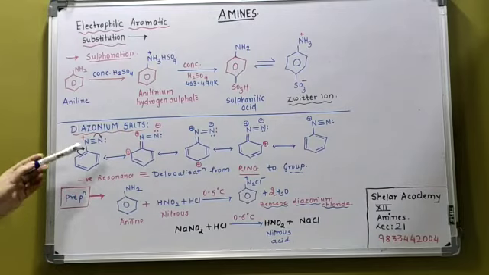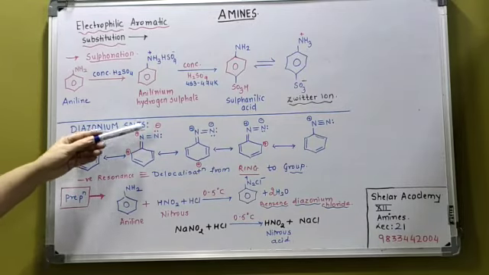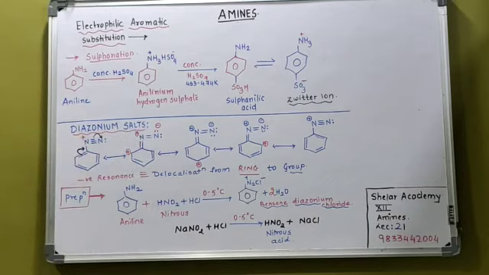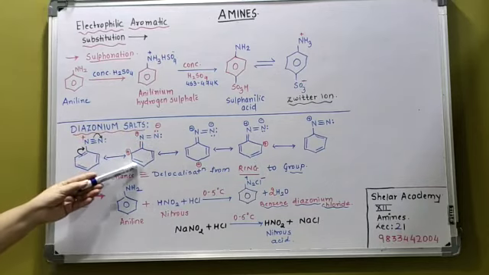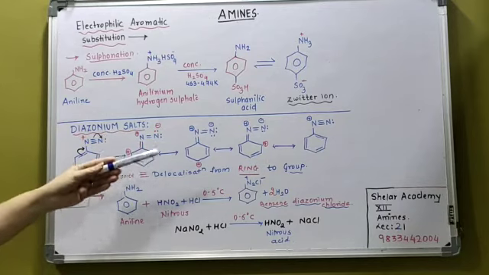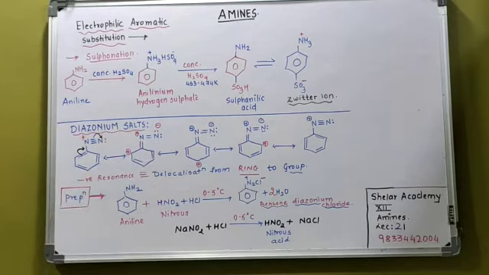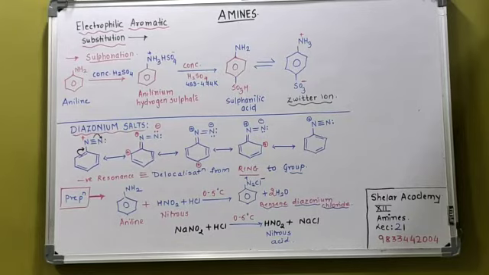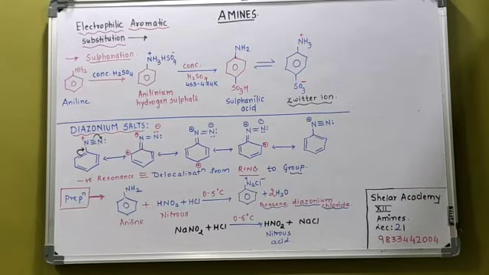If you see the structures, as I always say, this part will remain the same in all the structures. The positive charge will go to the alternate position. Accordingly, the bonds will be adjusted. So this is the resonance. It is an example of negative resonance. Negative resonance of benzene diazonium chloride.